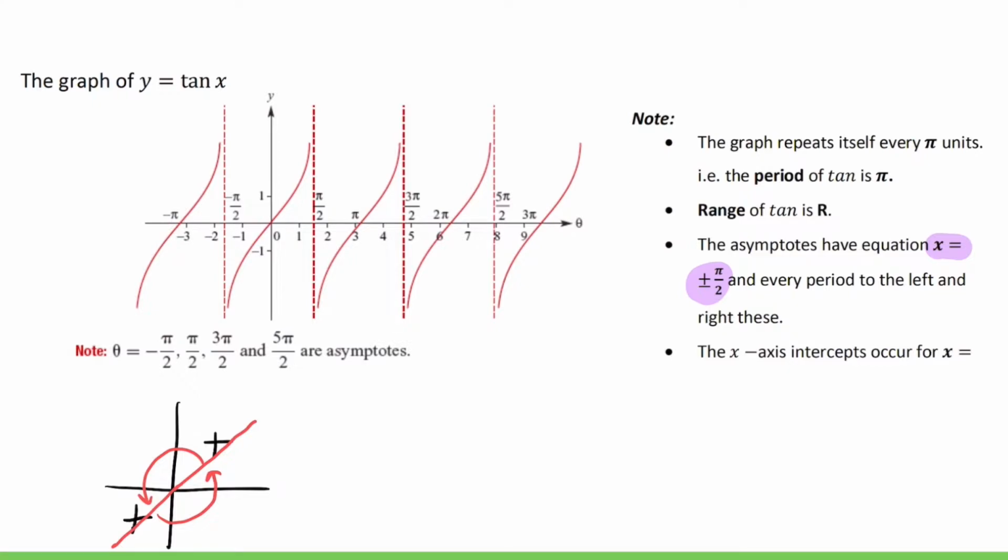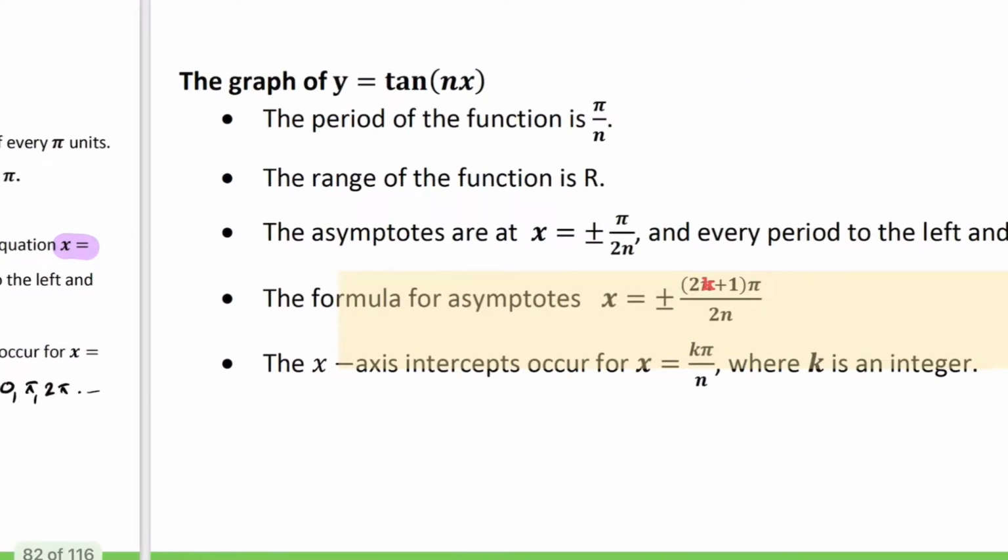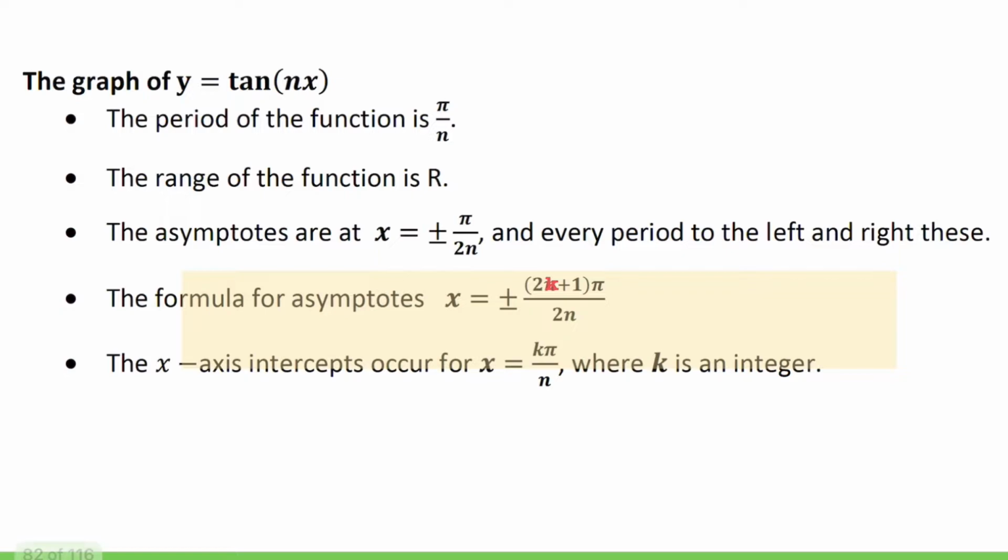So we'll talk about those transformations in a moment. And the x-axis intercepts occur for x equal to 0, pi, 2 pi, and so on. I'm not sure why it's been cut off there. But anything that is a multiple of pi is where we will have our x-intercepts, unless, of course, we have any transformations. So let's talk about one of our transformations, which is if my dilation is changed, so we have